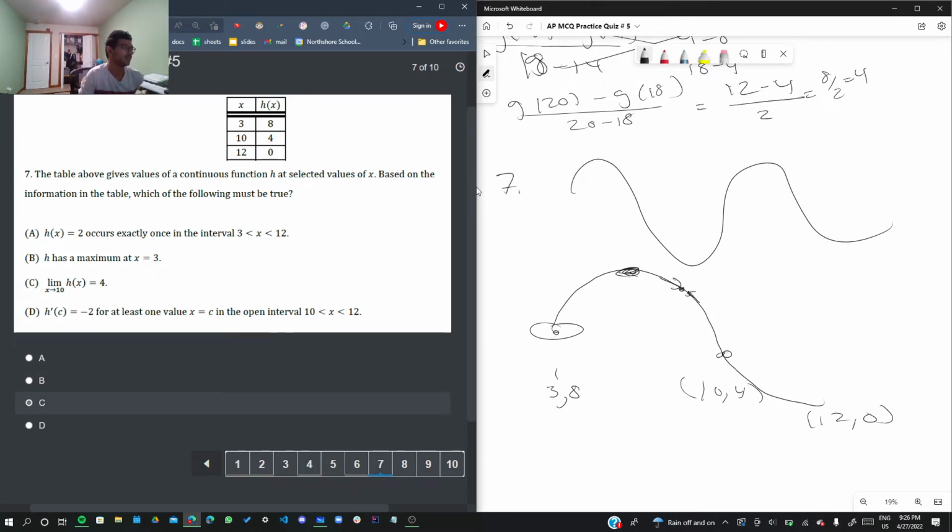D, H prime of C is equal to -2 on the open interval. So this is mean value theorem. Let's see, this is G. So we need to find the average rate of change from 10 to 12. So that is 0 minus 4, right? I'm just taking the y values of each of the x values and subtracting them over the x values. And that's -4 over 2, which is -2. And, oh,